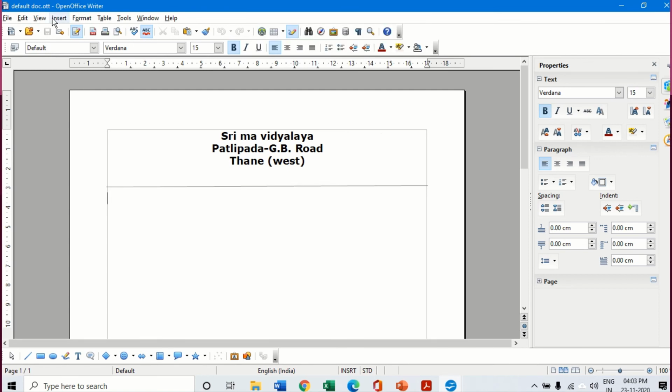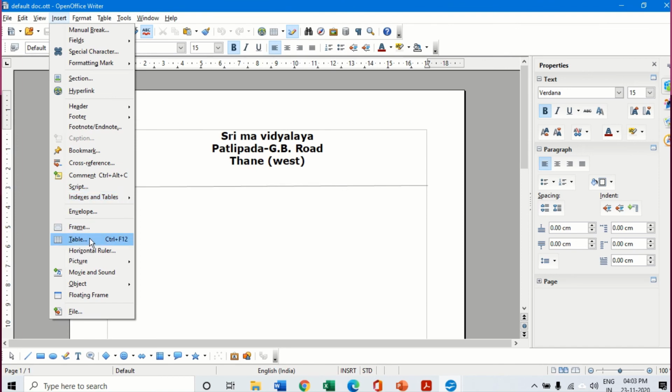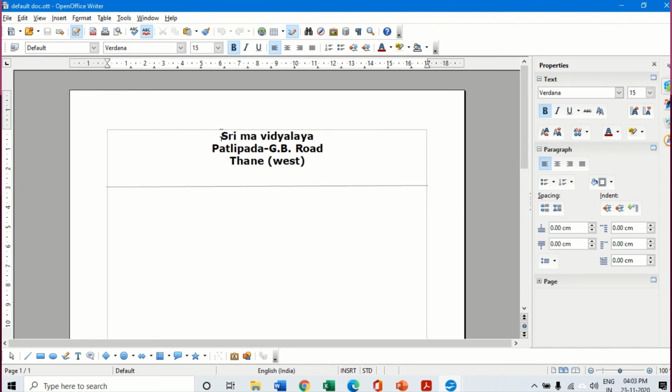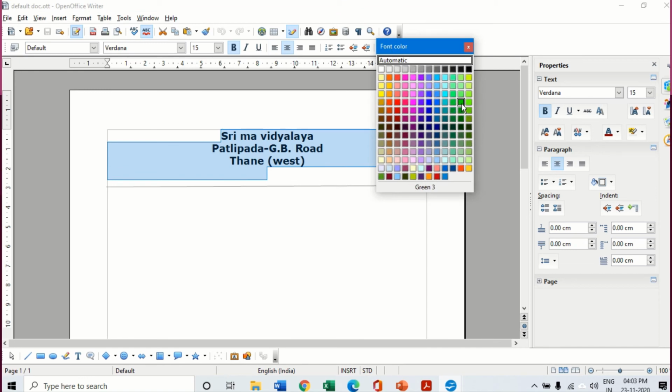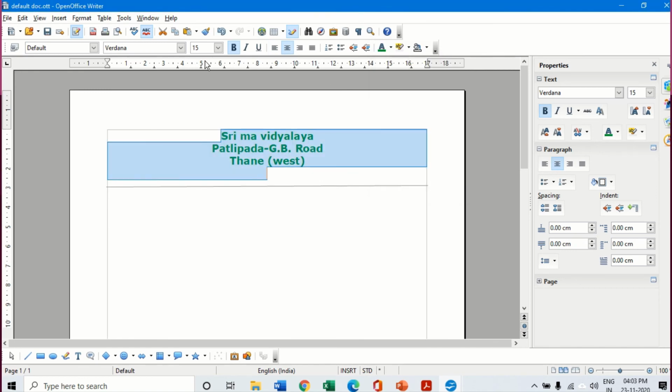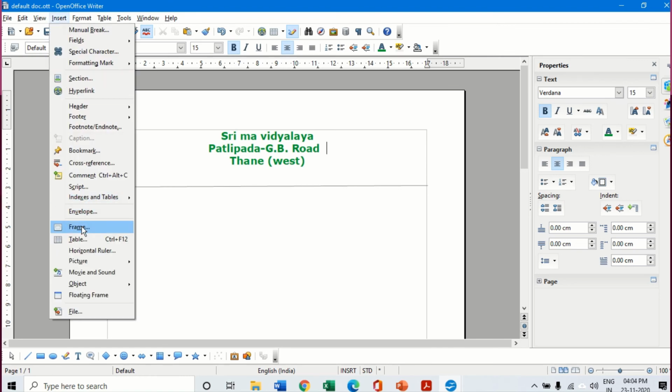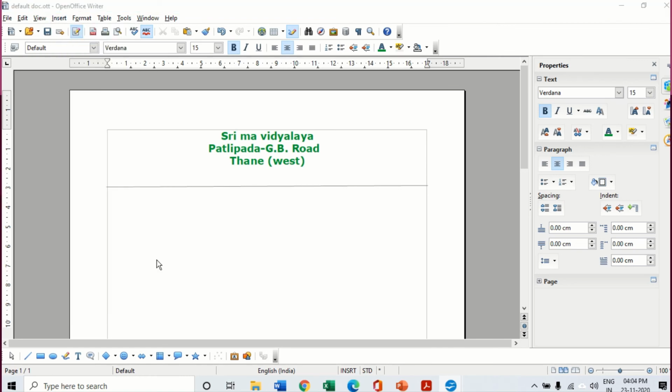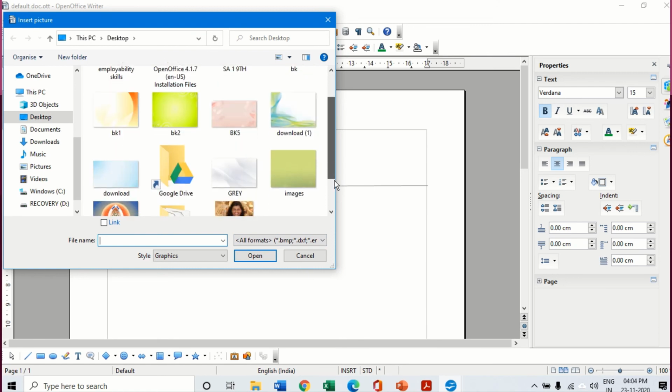Now here I'm going to insert. I want to insert a picture or make some changes to this. So I'm selecting this. Maybe I'm changing the font. I'm going to change the font and make it dark green, and I'm going to make it bold or something else. I can also insert over here. Also I want to insert a picture of the logo of the school which I already have with me, just to show the change.